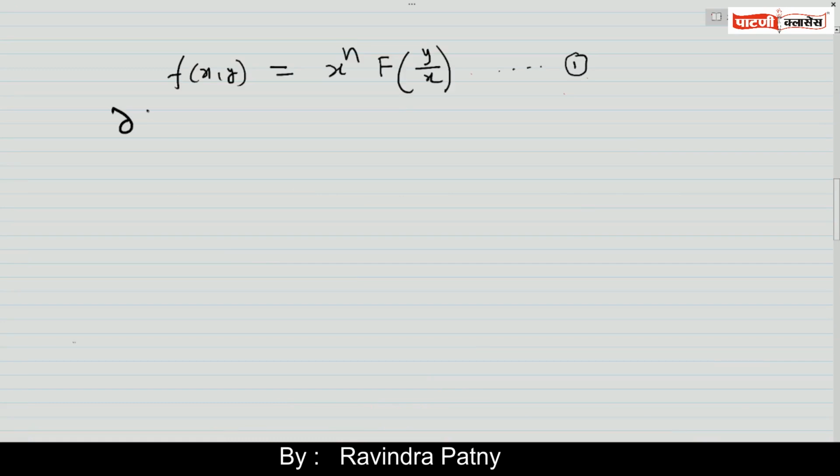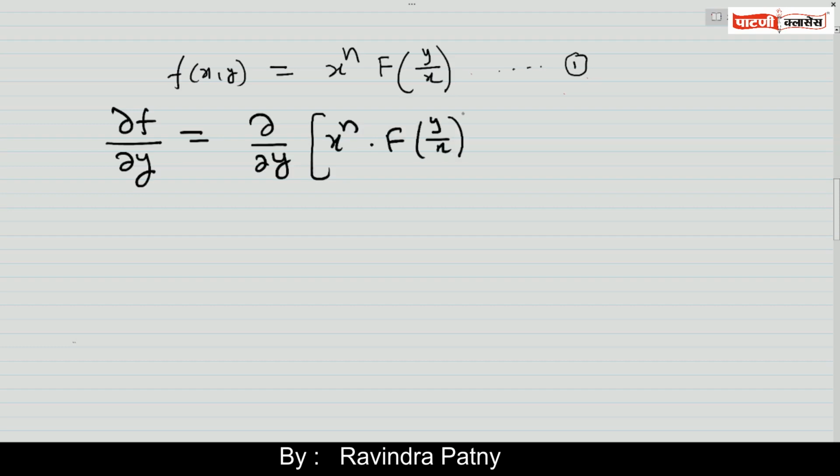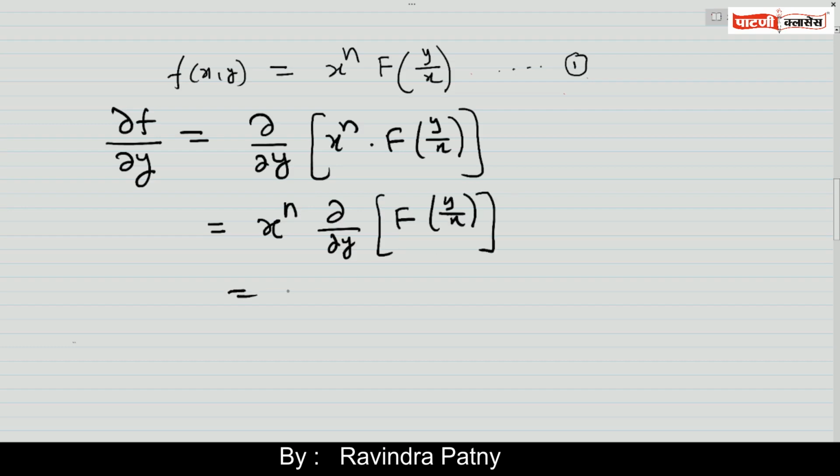Now differentiating f partially with respect to y equals partial differentiation of x raised to n into f of y upon x with respect to y. So when we are doing it with respect to y, x has no role to do. x raised to n is taken outside. Partial derivative of f of y upon x with respect to y, that is equals to f dash of y upon x